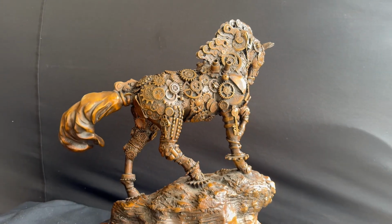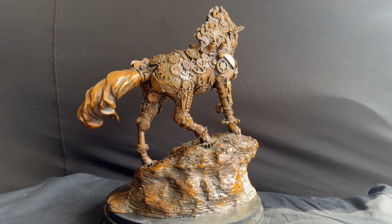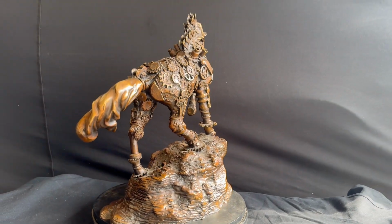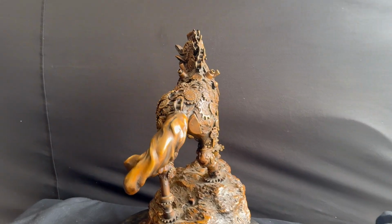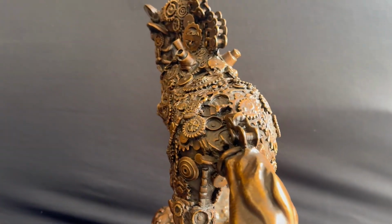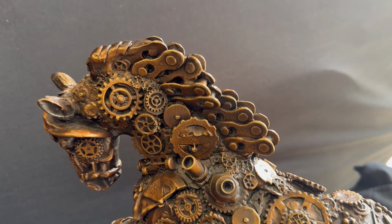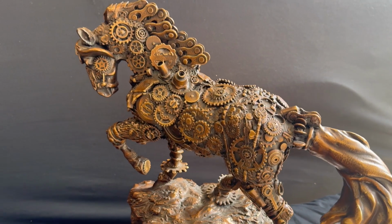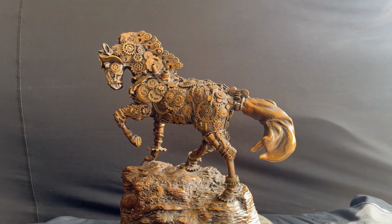And now this is the bronze, fine art bronze version, cast by Mad Castings here in Colorado, where I'm from. And doing just a quick video here to showcase the detail work in the casting, which is created through the lost wax mold making process, and then finished by a number of different artisans at the Mad Castings